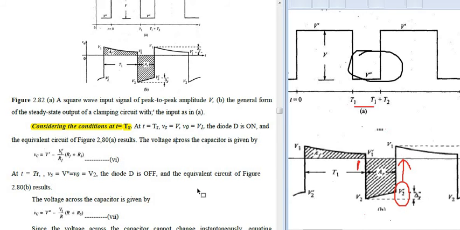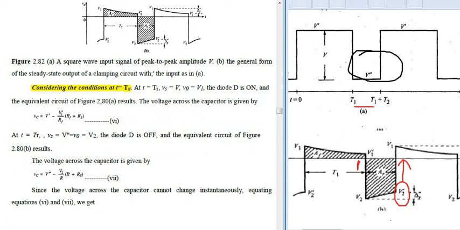Since the voltage across the capacitor cannot change instantaneously, we have to equate these two conditions. Again we have this VC as well as this VC, right? So these two conditions you have to equate. After equating, what will you get? V dash, you can see easily now, V dash equals V1 dash into RF plus RS divided by RF. And V double dash equals V2 into R plus RS divided by R.